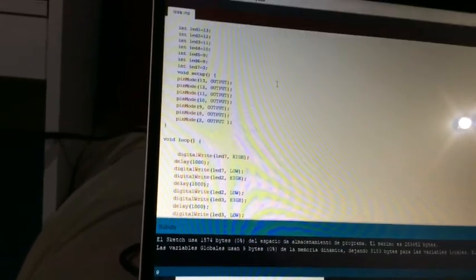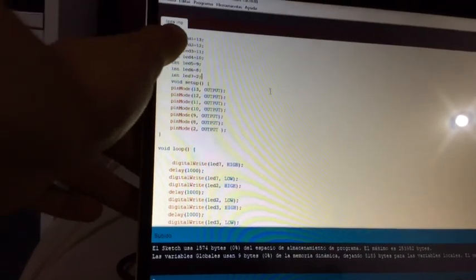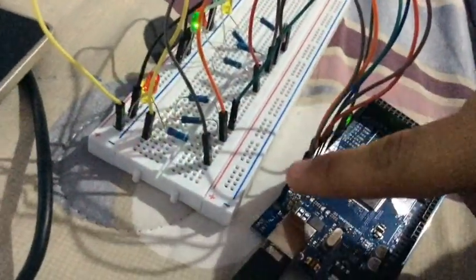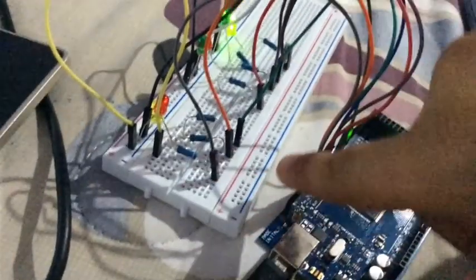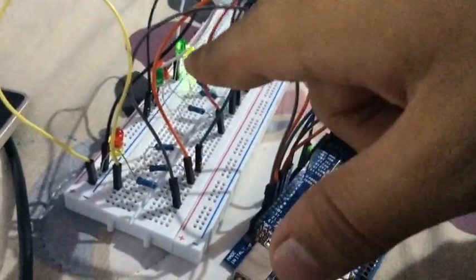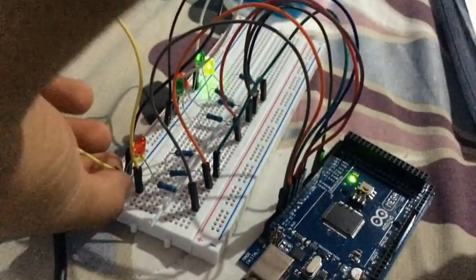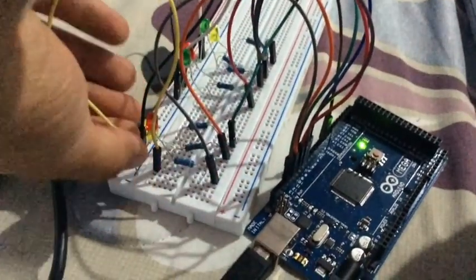Finally, I will explain the code that I used, because the final code didn't work in my Arduino. So here I put int to all the LEDs, but as you see I put 7 LEDs because LED 1 isn't a LED. It is the cable that is taking the energy from there to there. So this cable is going all through this. So that's how all the LEDs can light,